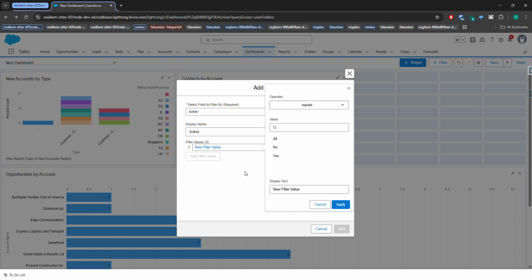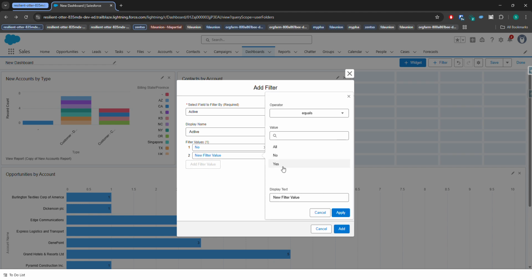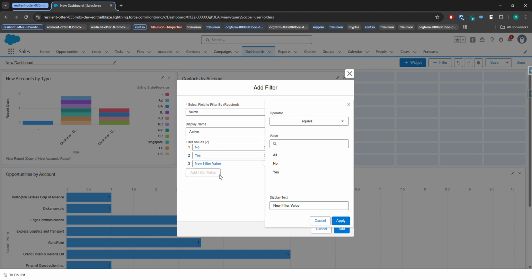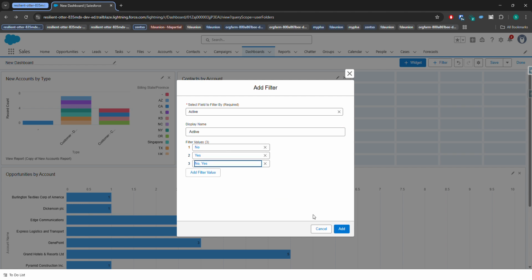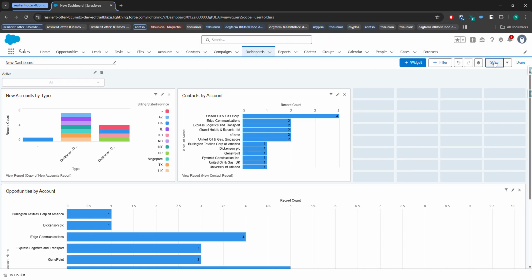Now because this is a pick list, it's going to auto-populate all the fields. So we're not going to say all. What you want to do is create separate values because we're going to say no, click Apply, and then click Add Filter and click Yes. And then click one for all and click Apply. Click Add. If we click Save,